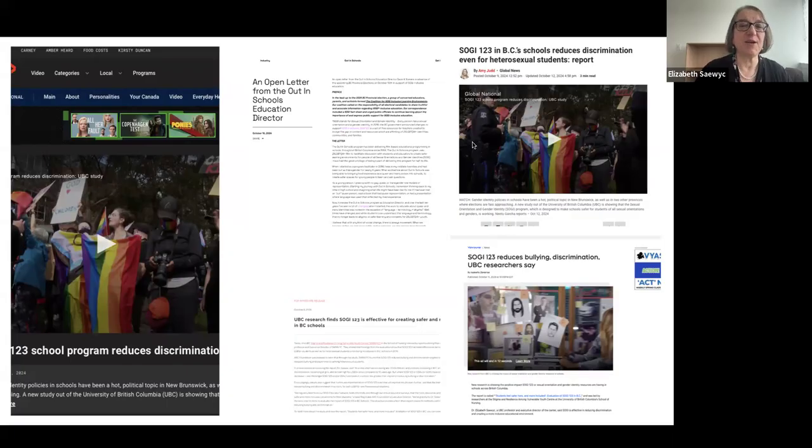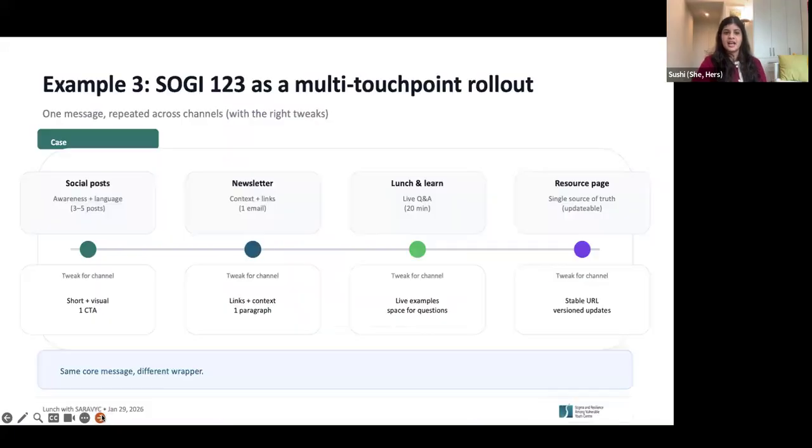Handing it back to you, Sushi, to talk about the other things that were part of the campaign for this dissemination. Thank you, Elizabeth. I think one of the reasons that most of the news was accurate or at least was linking back to a report is because we had an anchor where we had the report, which was our website, our homepage. And we linked everything we did on social media, on our newsletter, and deeper engagement back to that web page.